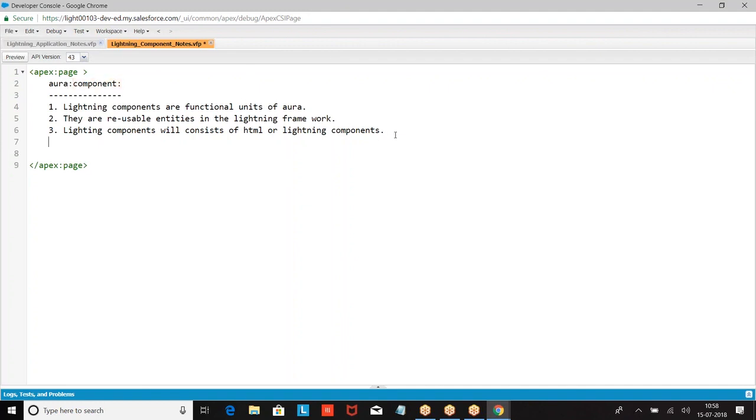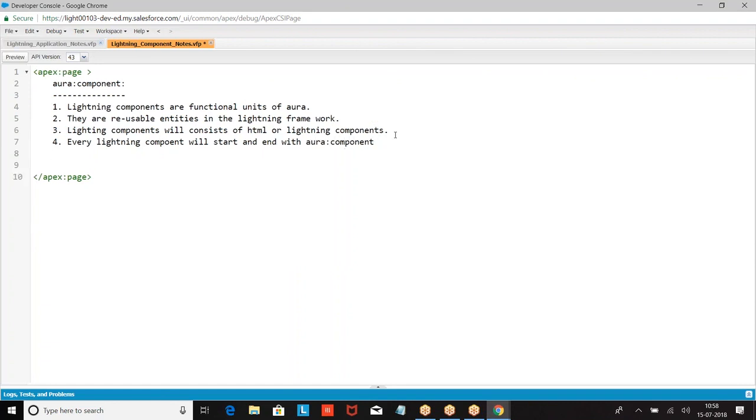Let's go to the next. Attributes. What are the attributes? Every Lightning component has attributes. What are the attributes of this component? First one, access. Already discussed. What is the access?